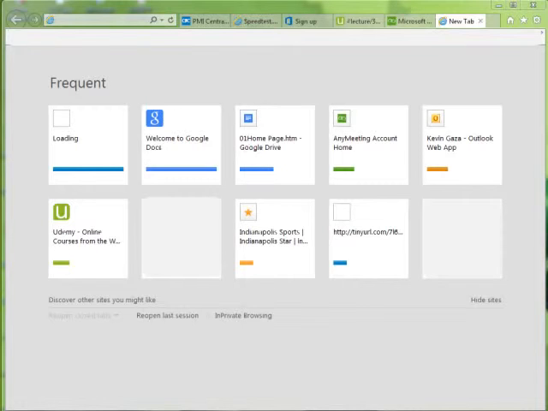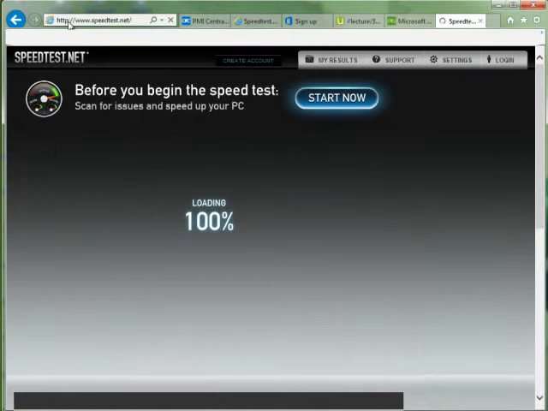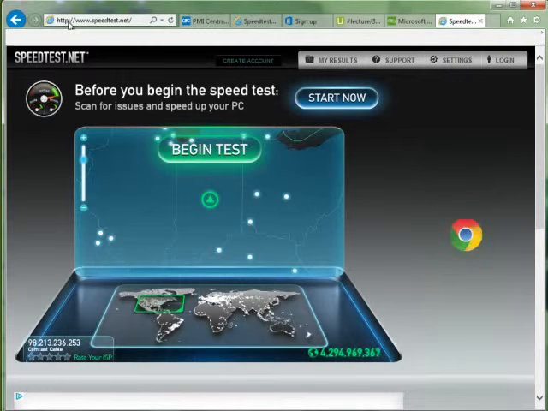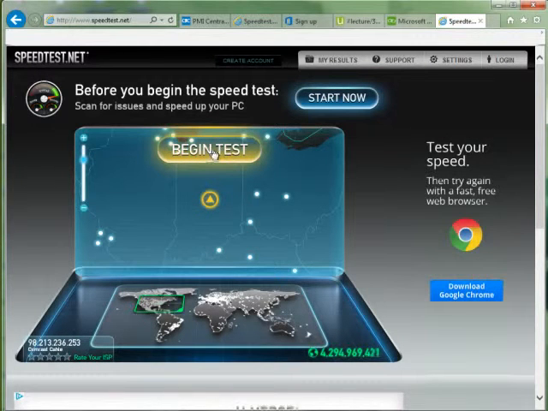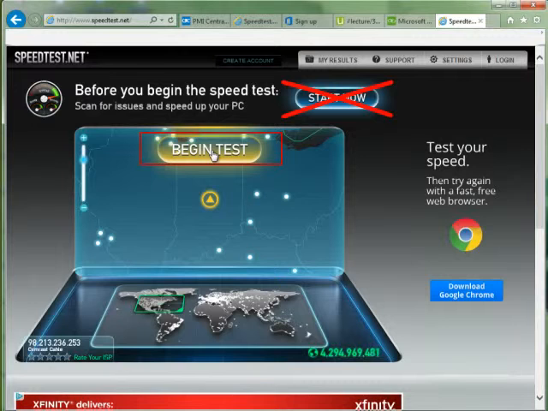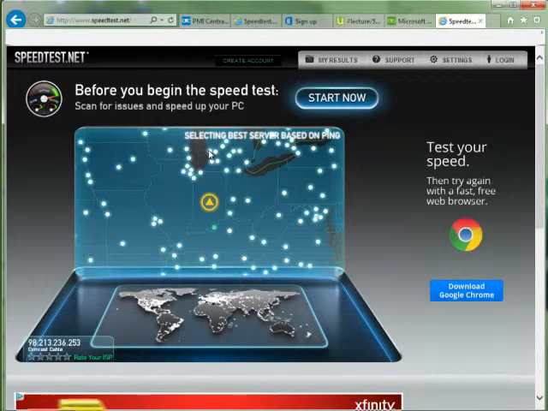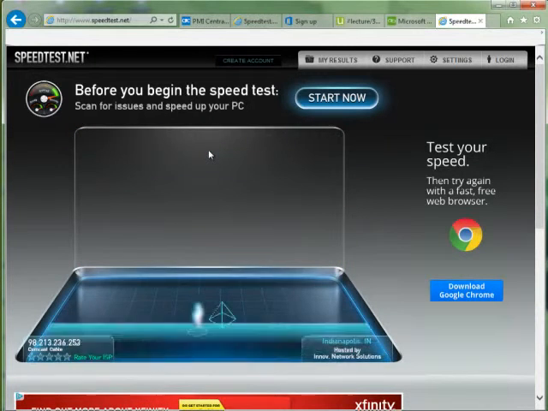So here on the screen, I've brought up an Internet Explorer browser. I recommend using Internet Explorer. It tends to work better with anymeeting.com. But I'm going to go to speedtest.net, which is a website that independently tests your internet speed. What you want to do is wait for the Begin Test button to appear. Don't click this Start Now button. That's an advertisement. But when the Begin Test button appears, I click on that, and it's going to test my internet connectivity